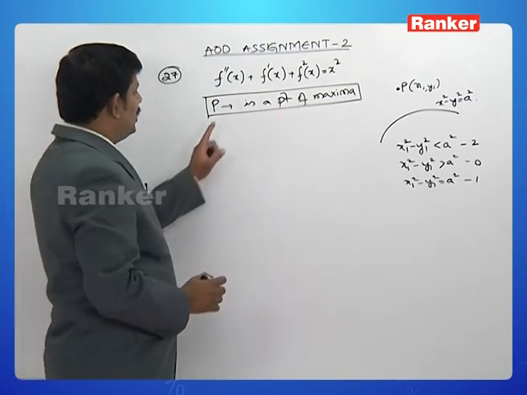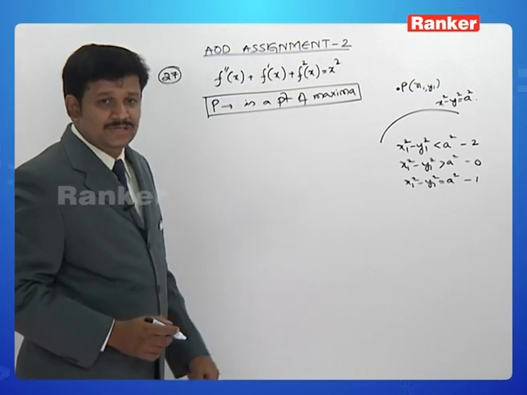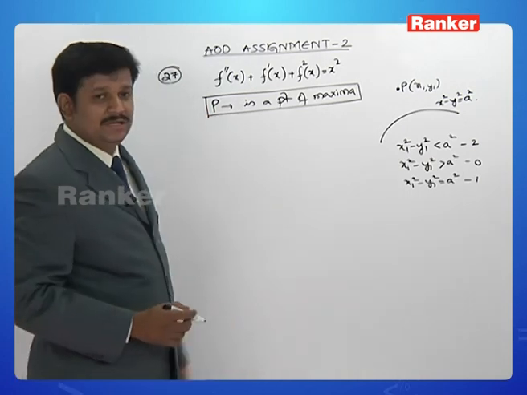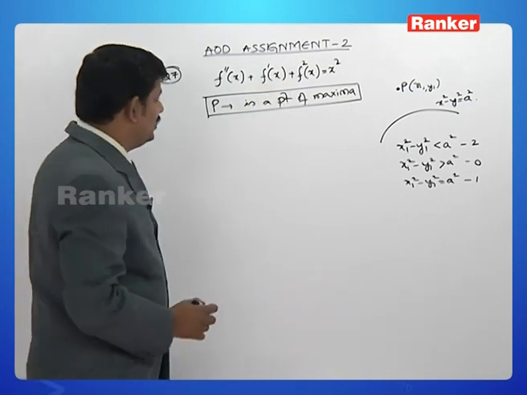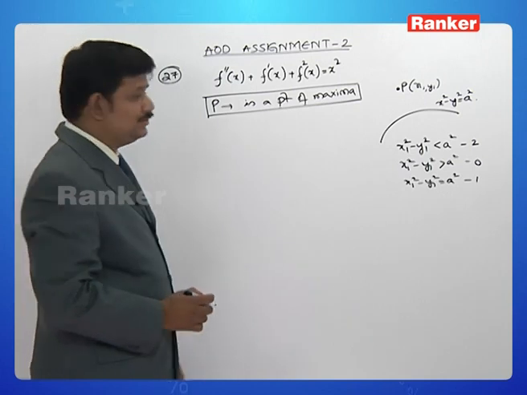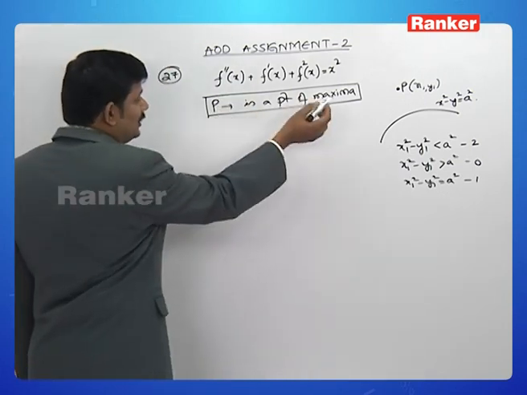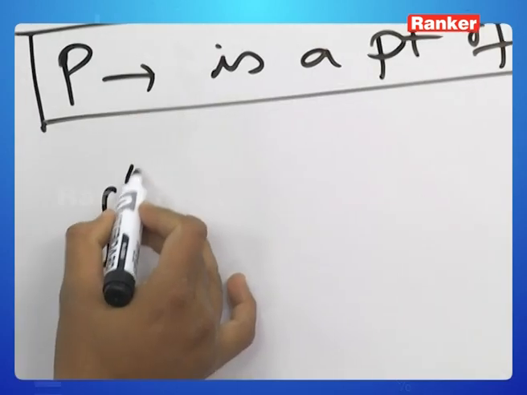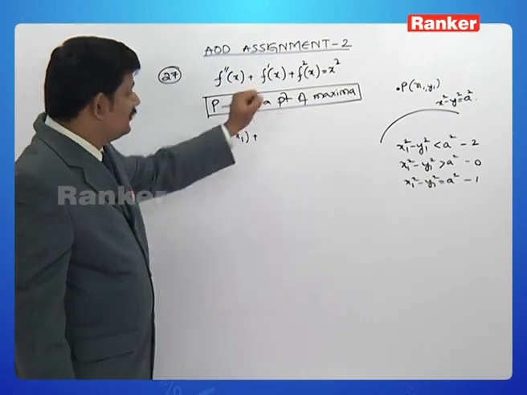Now because P is a point of maxima and the function is differentiable, P has to be a critical point and f dash of x at P should be 0. So f dash of x1 is 0. Substituting x1 and y1 on this, f double dash of x1 plus f dash of x1 is 0,